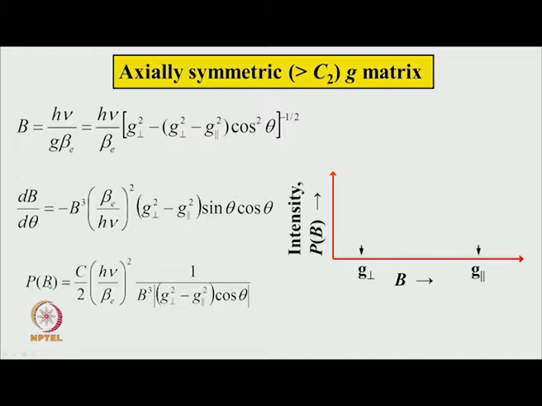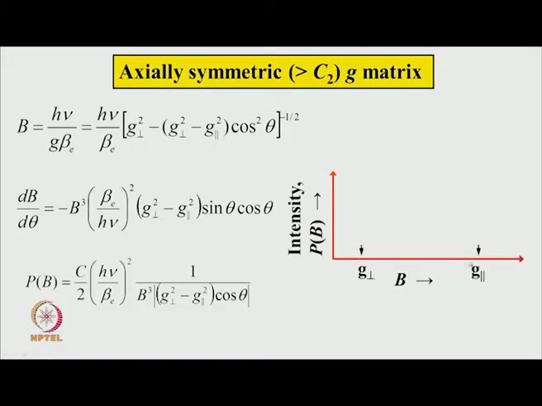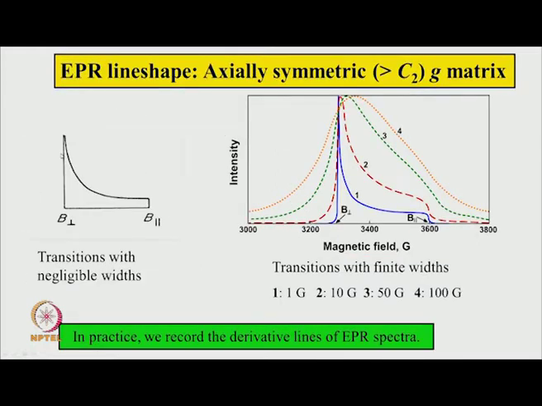That means all values of magnetic field are not allowed. Here it can range from, let us say, the G perpendicular value to the G parallel value. This is the range of allowed B, and as cos theta changes from 0 to 90 degrees, for each angle the B is given by this relationship. So, for the angle theta, I find B, and that B is put here and here to find the value of the probability. Here, the moment cos theta becomes 0, this shoots up to a very large value, but otherwise it smoothly comes to a maximum up to B parallel.